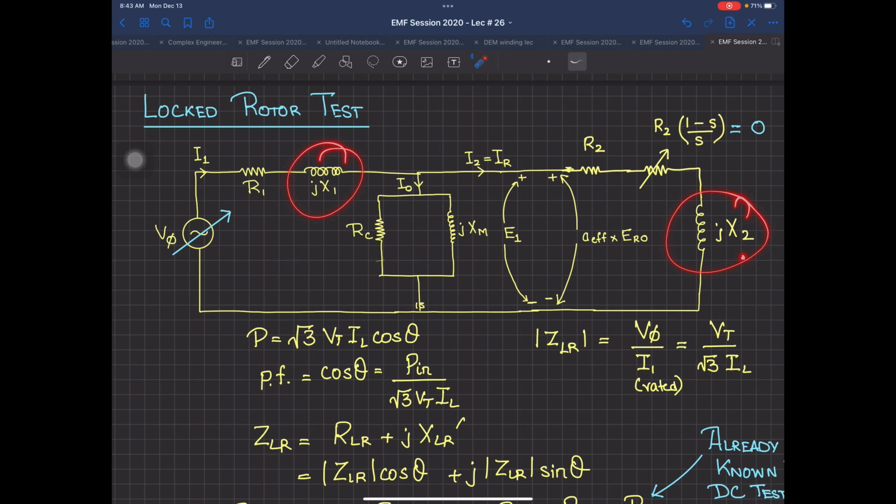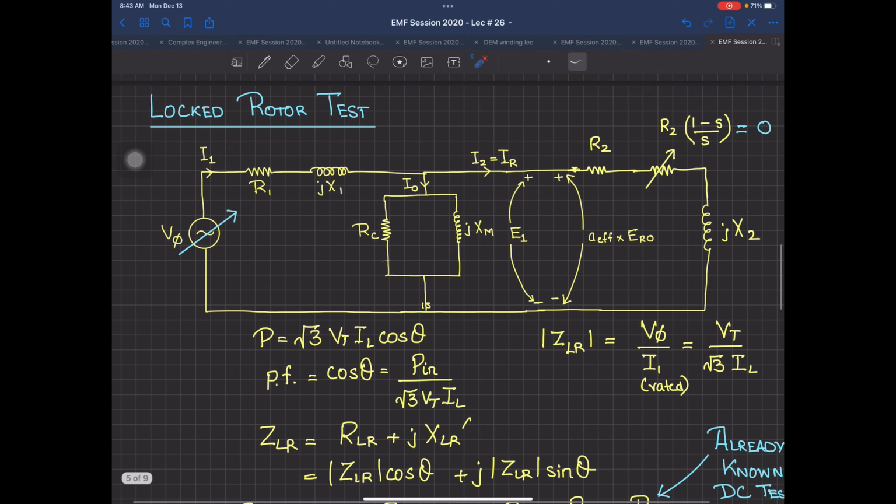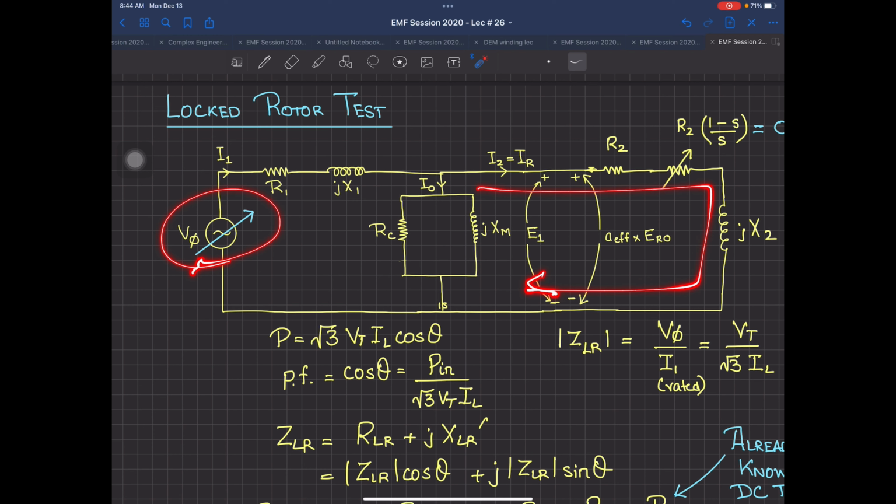So practically this experiment which you are doing, the locked rotor test, has to be done for the stator part at 50 Hertz. For the rotor part, it has to be done at 4 Hertz or 3 Hertz or 5 Hertz, whatever that value. The problem here is that because you are applying an AC voltage and the rotor is not rotating, the stator is working at 50 Hertz and the rotor is also working at 50 Hertz. So the reactance of the rotor, JX2, which you are going to measure, is going to be different. And I am assuming that JX2 is a non-linear material.